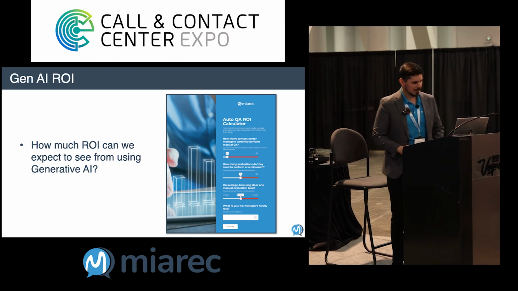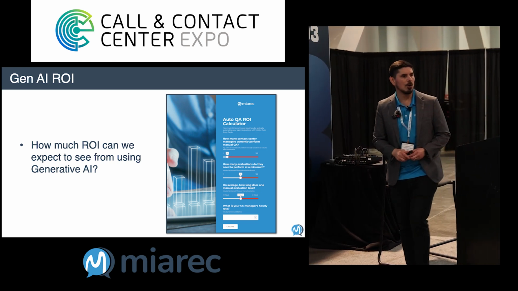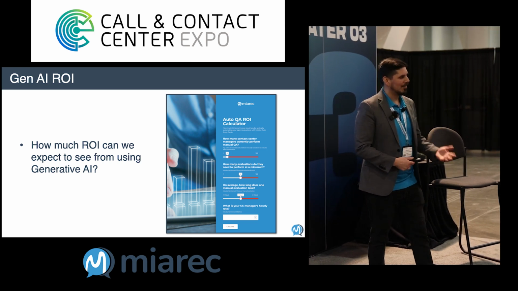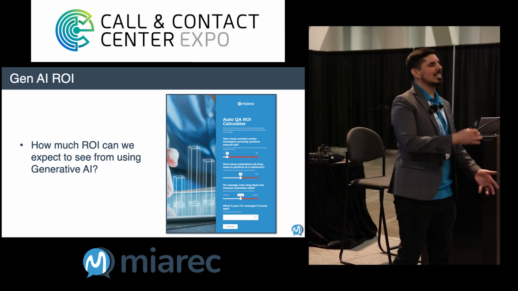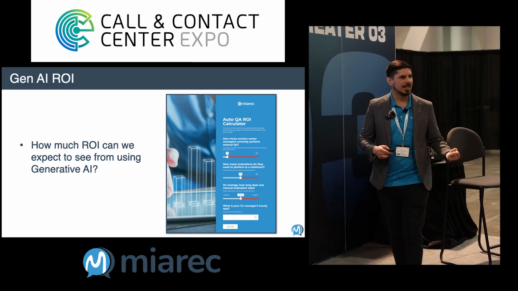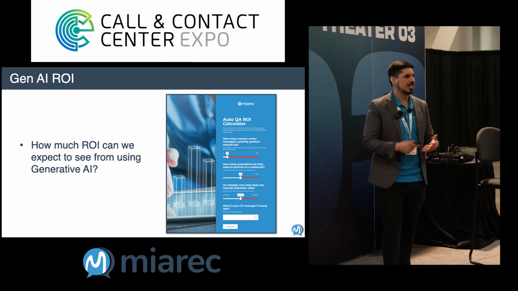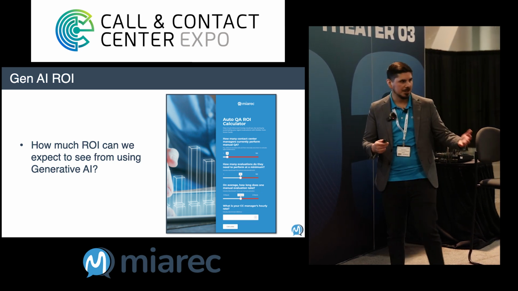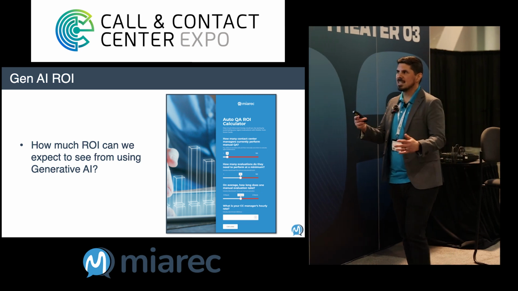Now one last thing I wanted to quickly talk about is the ROI that's provided by this. Obviously the Gen AI provides ROI in better customer experience and things of that nature, but there are some really solid concrete examples where you can use actual variables to get a specific number on ROI. And one of them is with AQM, or automated QM. So just some examples of some variables.